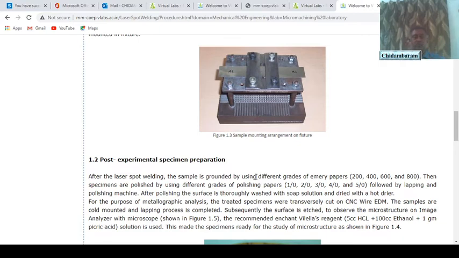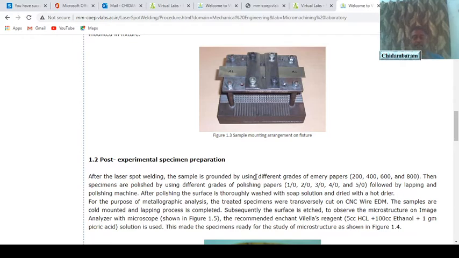By varying two parameters: laser beam diameter and laser beam power. We vary one at a time. If I vary laser beam power, beam diameter is constant. If I vary beam diameter, laser beam power is constant.